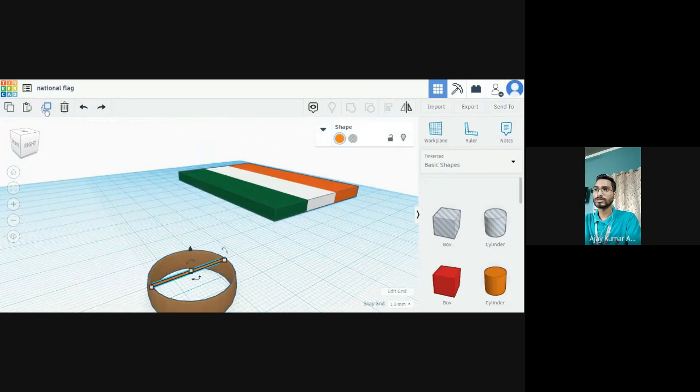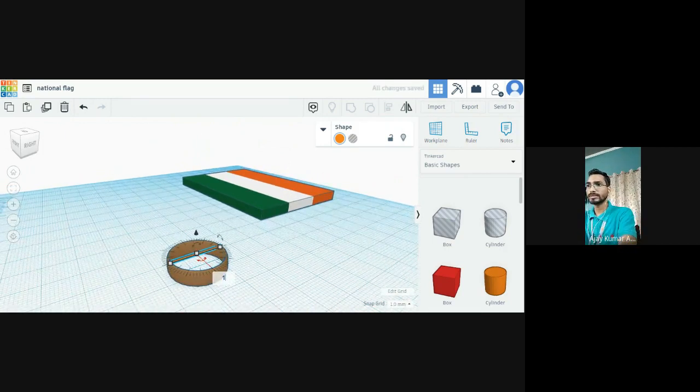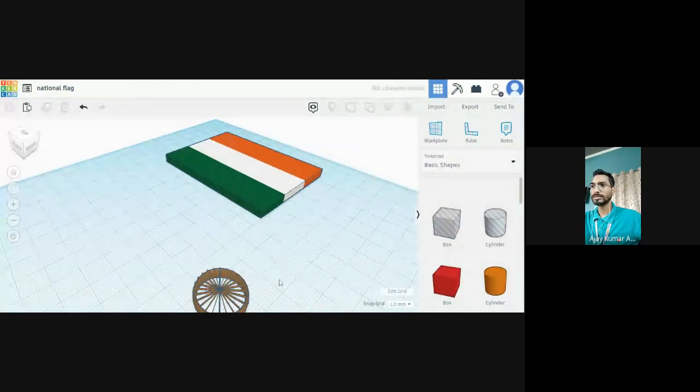So just select the Control D option and make an angular deflection from here. That will be of 15 degree. Okay, 15 degree. Again, just use the Control D command. It will copy itself like this. The spokes will appear like this. You have to make 24 spokes. Now I think the 24 spokes have been made.